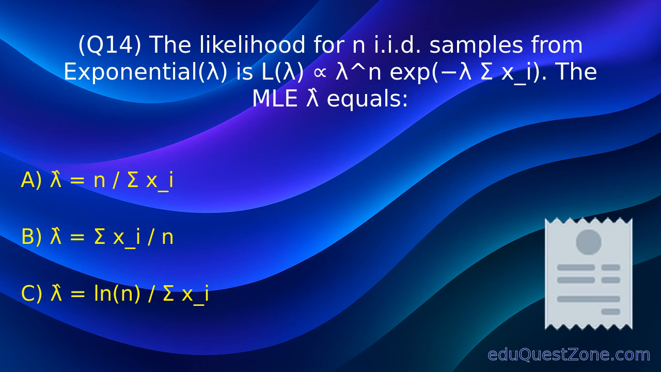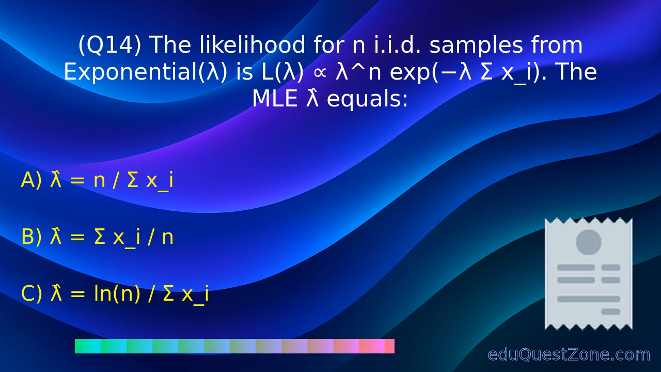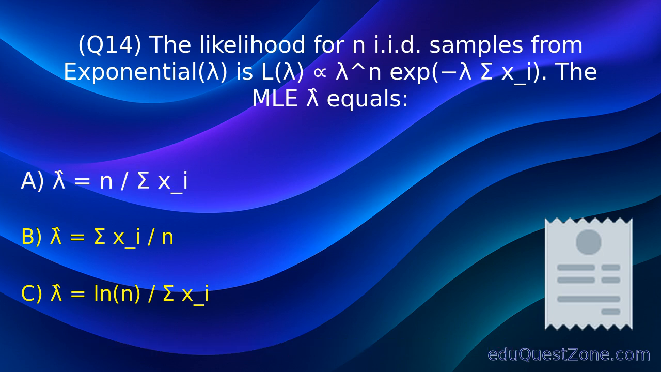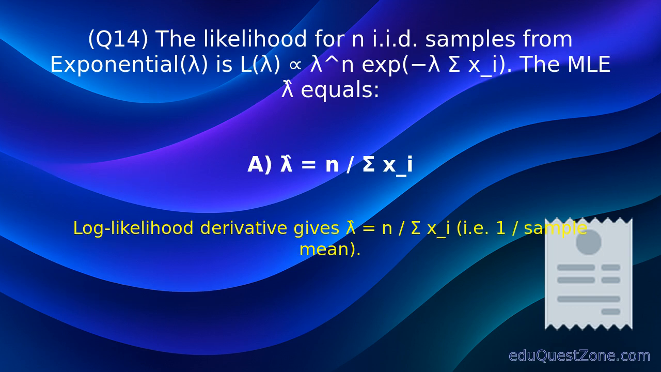Question 14. The likelihood for independent exponential samples is proportional to lambda to the n times exponential of negative lambda times sum of x_i. The maximum likelihood estimator lambda hat equals option A: n divided by sum of x_i. The maximum likelihood estimator for lambda is n divided by the sum of the observations, equivalently 1 over the sample